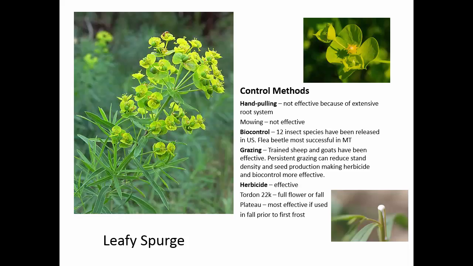I do a 5th grade Leave No Weeds program in the schools, and I bring this leafy spurge replica into the school. It's a banner that you roll out, and it is a replica of an actual leafy spurge plant a road crew pulled out of the ground when they were putting in a new road, and it went 26 feet deep. So it's capable of throwing a root down like that. It's going to be very successful at gathering the resources that other plants are competing for. If you go to hand pull leafy spurge, it breaks off. Maybe you'll get a couple inches.